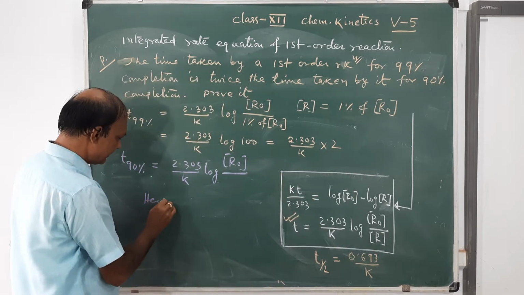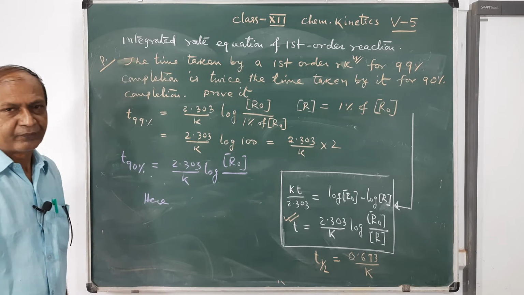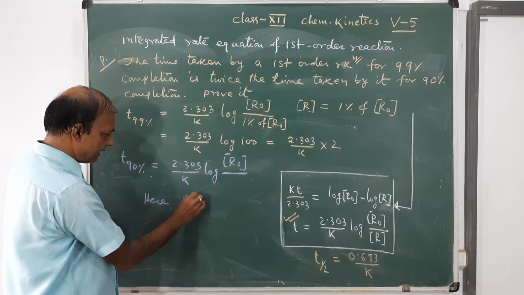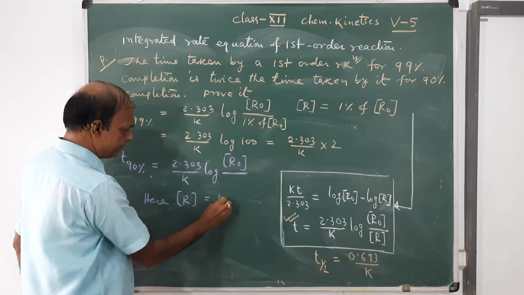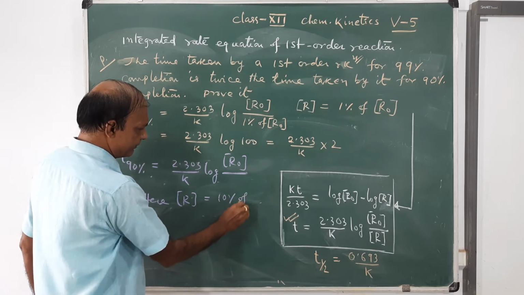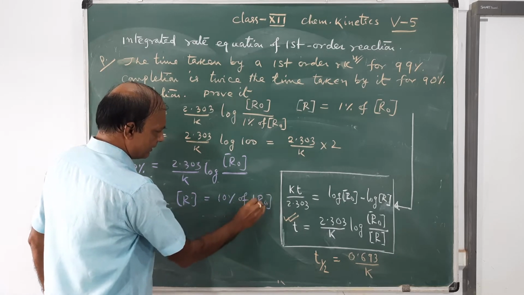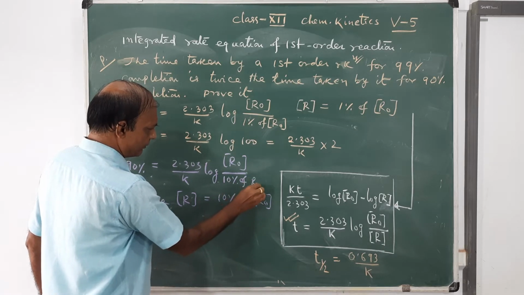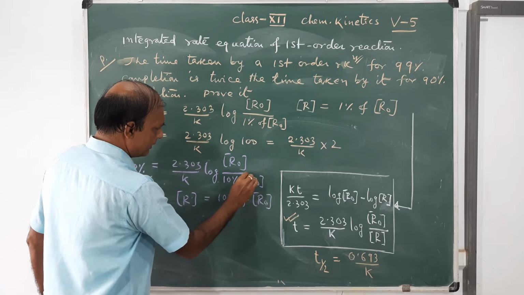Here 90% is over, so 10% is left. Here R equals 10% of R naught. Write it down. Now see,